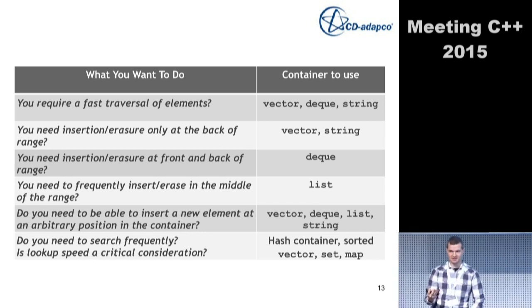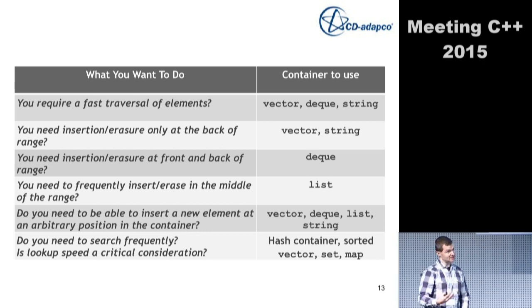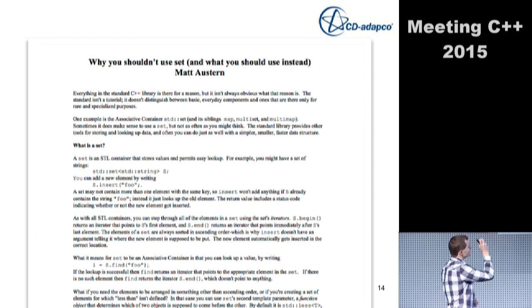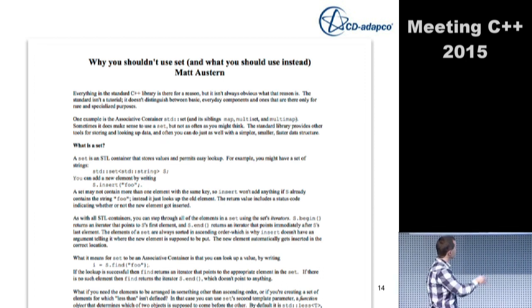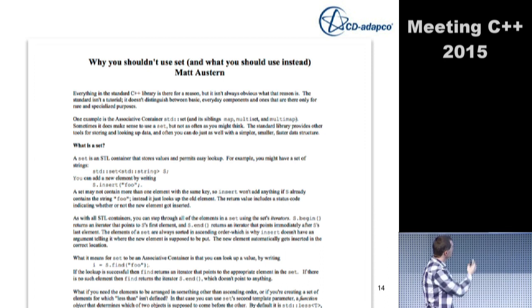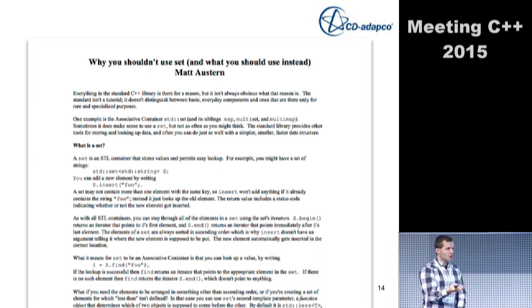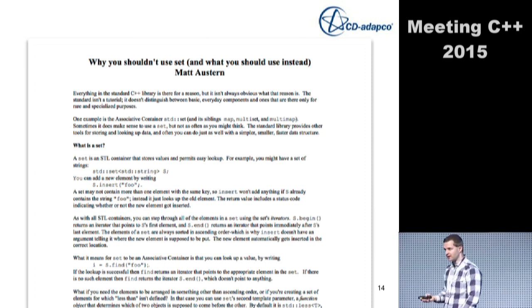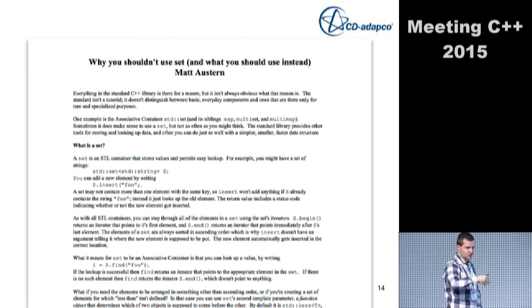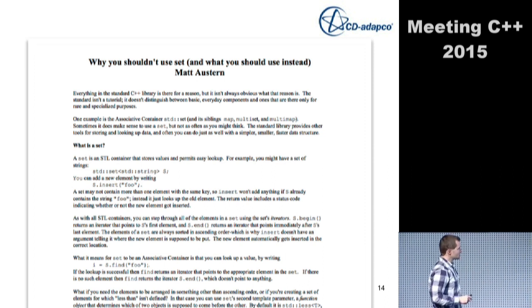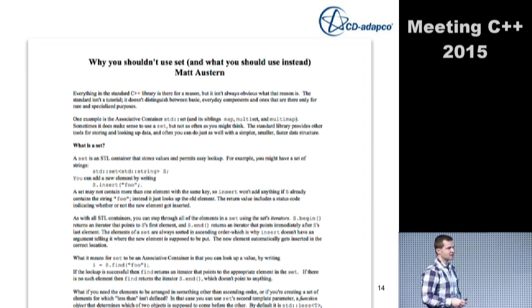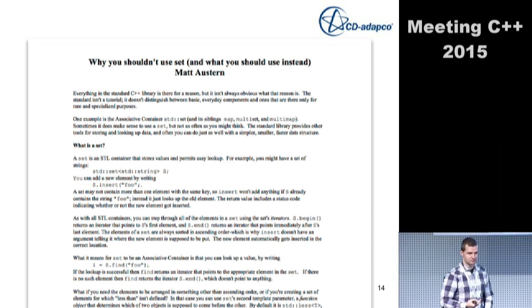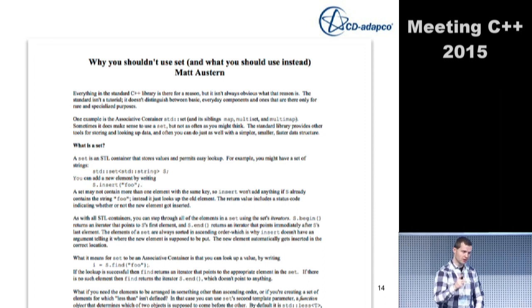Depends. And this is exactly the point. So this may be good advice, it might not be. Of course, there's also other publications. Matt, a couple of years ago, wrote a paper about set. When should you and when should you not use a set? And the advice is basically driven by logarithmic complexity. So if you need to find something, and it's a huge collection, use a set because it has logarithmic complexity. So the term complexity is used very often. Yeah? So the big O notation. We'll come back to this.